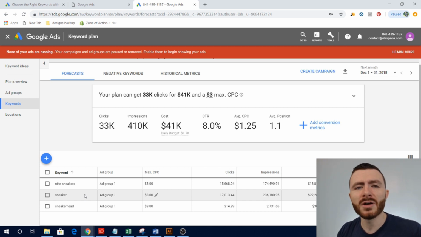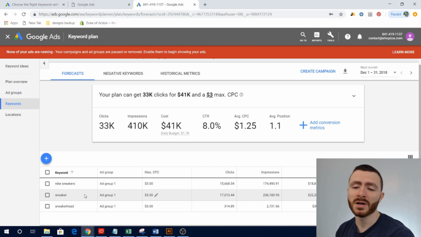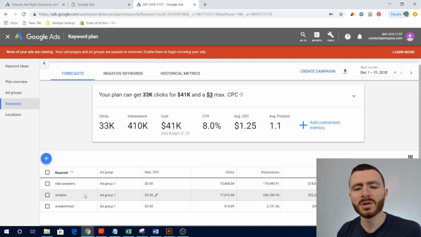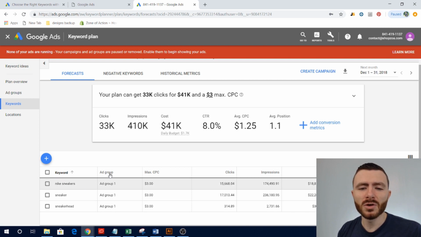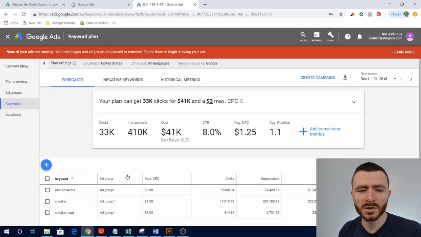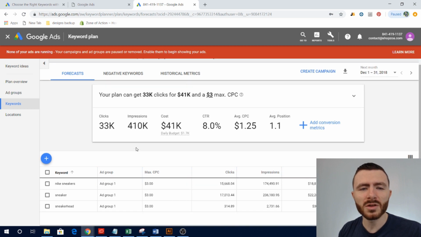Because if you're not running ads with them, chances are your competitors are. And as you get more familiar with your numbers and what you can afford for cost per acquisition to acquire customers, then you'll know if you can go back and revisit Google Ads and actually make ads to target some of these keywords. So just another way to do keyword research and get an idea of what kind of keywords you can include